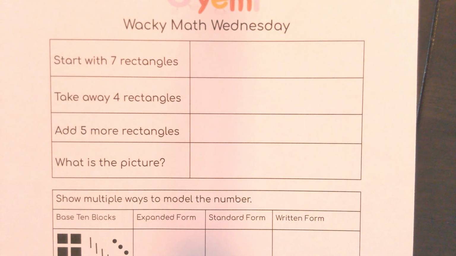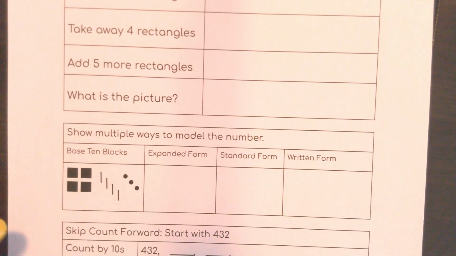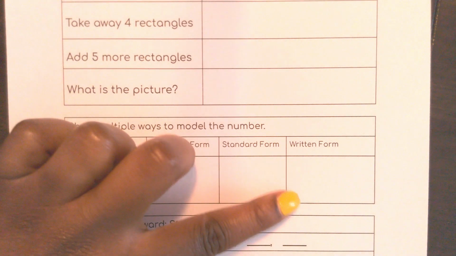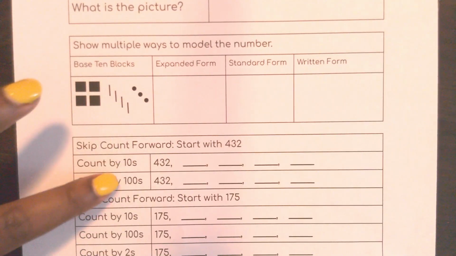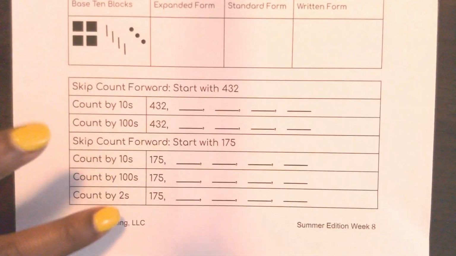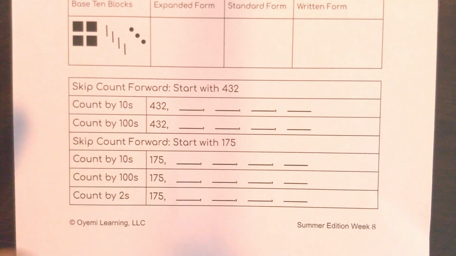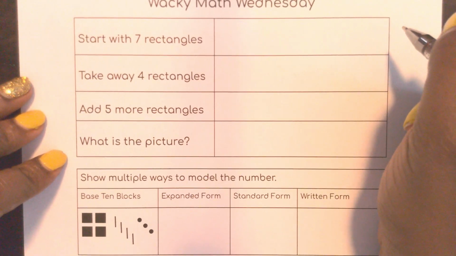Today we're going to get wacky and make a nice picture. At the end, here at the beginning, we're going to show this number in multiple ways. We've done this before. Oh, no word bank for written form. Good thing we've been practicing. And then we're going to skip count forward by tens and hundreds, and we're going to skip count forward by 10, hundreds, and 2. So let's get started. Right here at the top, if I follow my directions, it says to start with 7